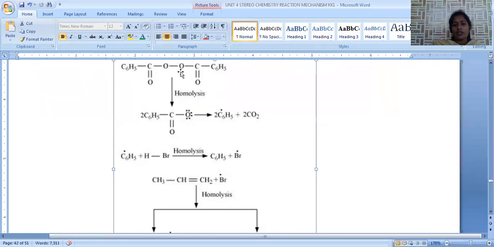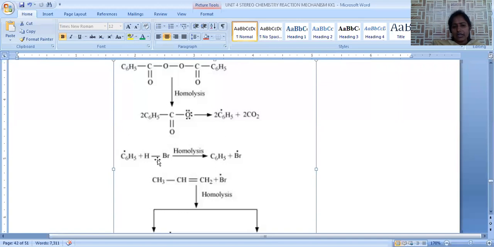When benzoyl peroxide is taken, it undergoes homolytic fission. Fission of the bond equally is called homolytic fission. Now it is converted into the C6H5COO radical. Here a free radical is generated. This undergoes dissociation and is converted into the C6H5 free radical. This C6H5 free radical is used to initiate the reaction.